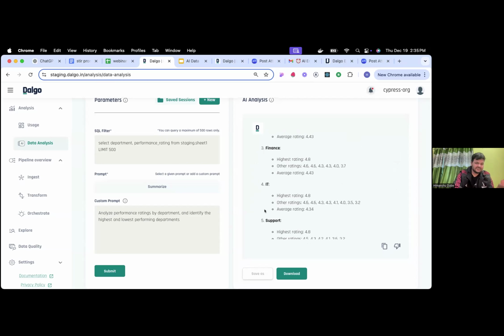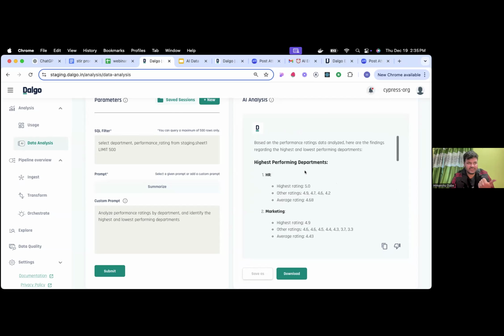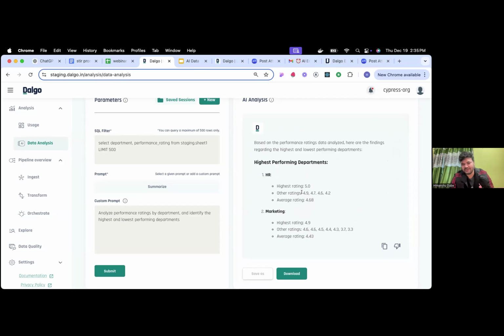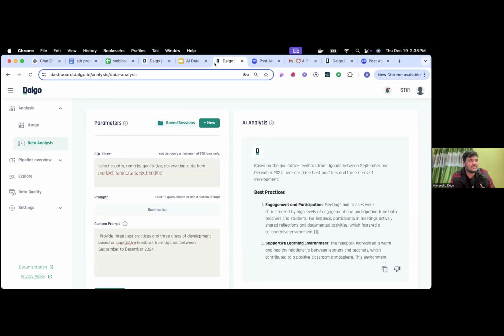And also you can specify in which format you want. Right now, we support the tabular format, bullet points, or a paragraph summarization. You can get it in these formats, and these are very readable formats. So this is basically what the feature actually is. And in future, we are